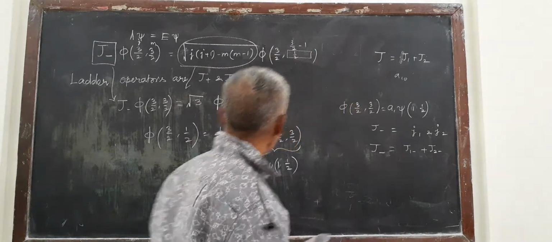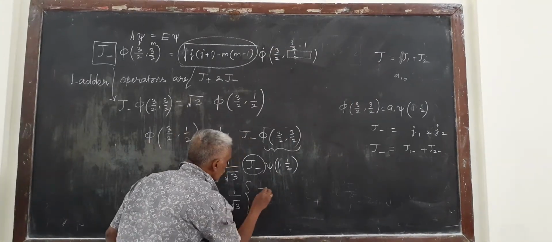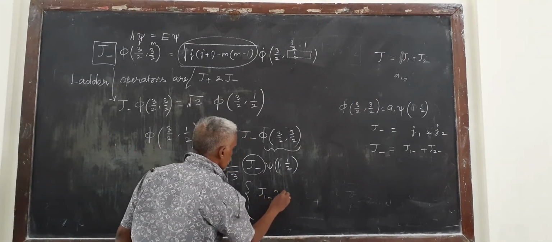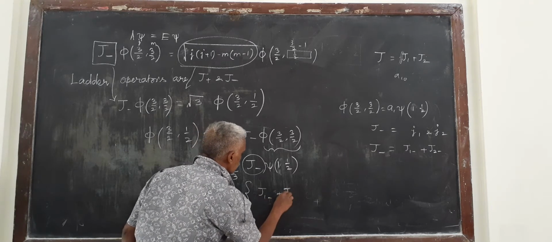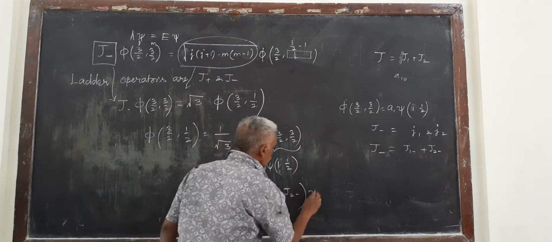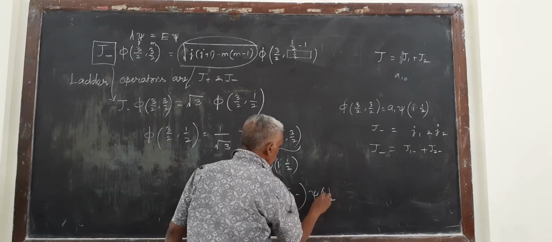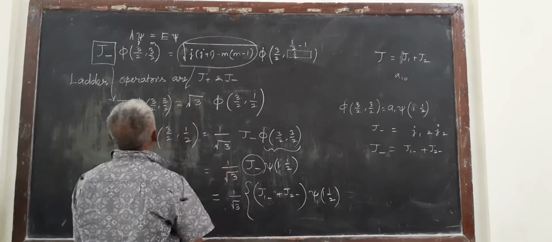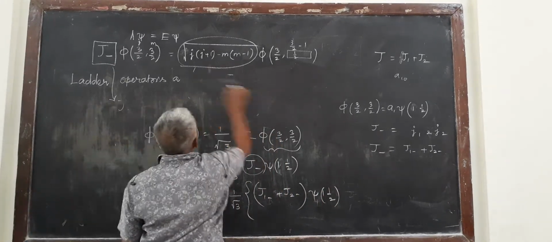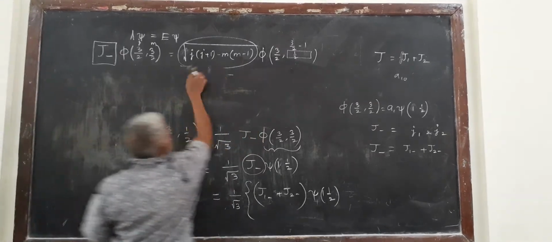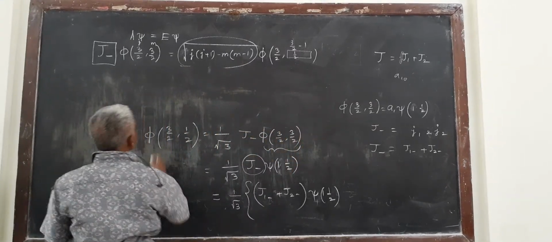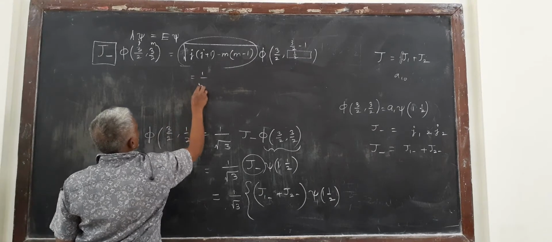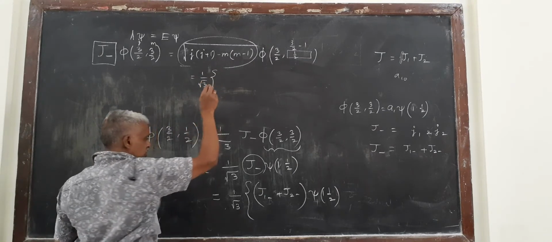Now again, J1 minus plus J2 minus acting on psi 1 only. Another step, we go back and write it as is equal to 1 over 2, 3